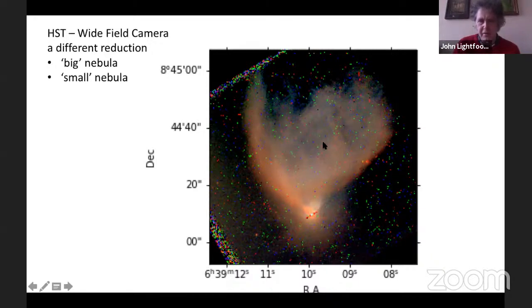You can see a faint trace of the blue nebula here, and you can see a small nebula down here, which is actually quite blue compared to the red nebula further north. So I think this is really quite interesting. There's a big nebula to the north, and below that there's what I've called the small nebula, which is directly associated with Armon, which is so small that we don't normally easily differentiate it in optical photos.